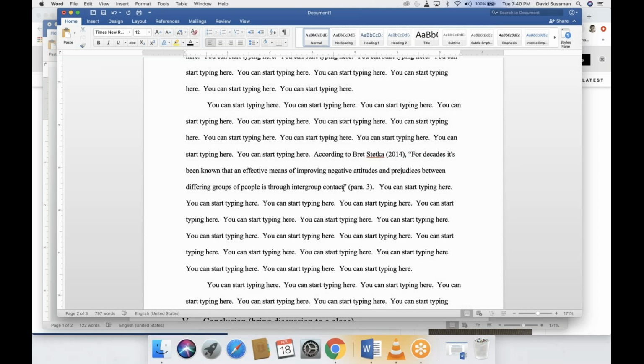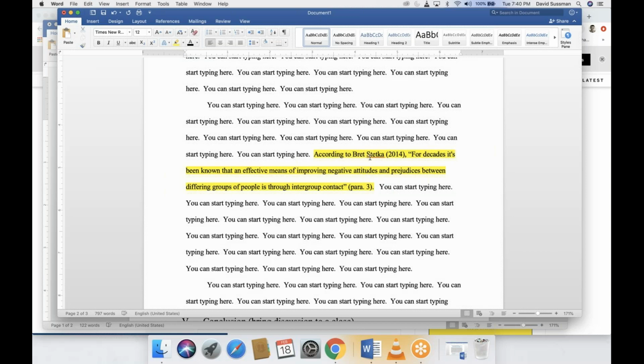Notice the period doesn't go here. It seems like it should, right? But no. The sentence actually doesn't end until the citation is finished. Because if you put it here and not here, you have a weird new sentence that begins paragraph 3. So we put the period at the end of the sentence, which is after the citation. Okay, so I'll highlight it so you can see it more clearly. Here's a classic sort of pattern to follow.